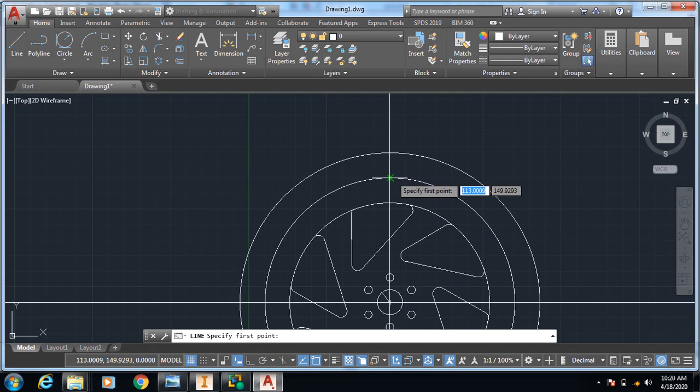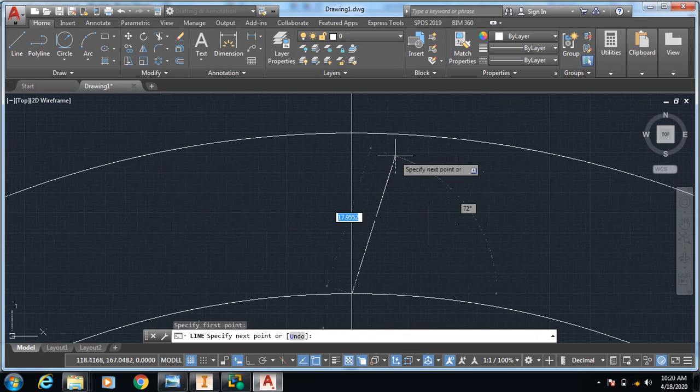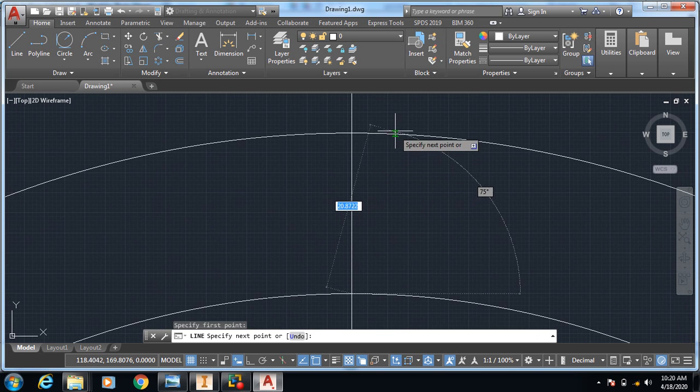Take a line command from here, click this point to this point, angle should be 20.